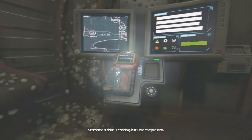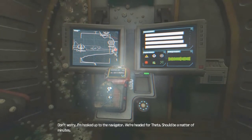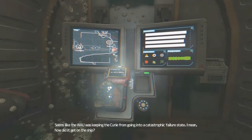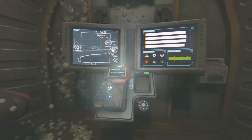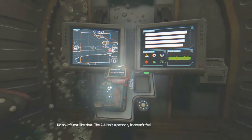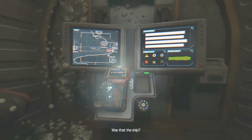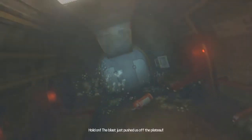Can you steer this thing? Starboard rudder is choking, but I can compensate. How do you even know what direction we're going in? Don't worry, I'm hooked up to the navigator. We're headed for Theta. Should be a matter of minutes. Thought I was done for back there. Seems like the WOW is keeping the Curie from going into a catastrophic failure state. I mean, how did it get on the ship? Are you talking about the black tentacles in the engine room? I've seen them before at Upsilon. What are they? They're a manifestation of a malfunctioning station-wide artificial intelligence called the WOW. Station-wide? So we just made a powerful enemy. No, it's not like that. The AI isn't a persona. It doesn't feel or think like we do. It's more like a cancer. Huh. Was that the ship? Looks like your sabotage worked better than expected. Brace for impact! Hold on, the blast just pushed us off the plateau! What does that mean? If I don't hit Delta, we're